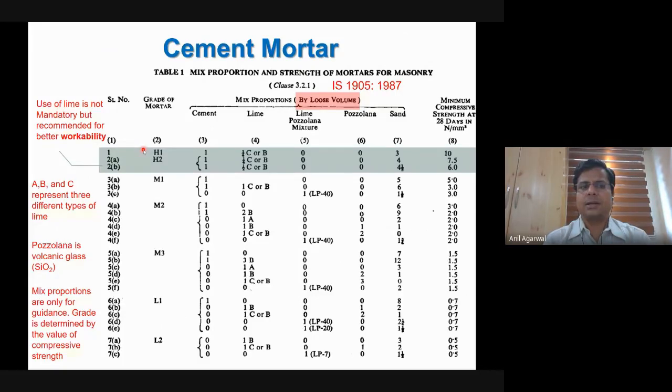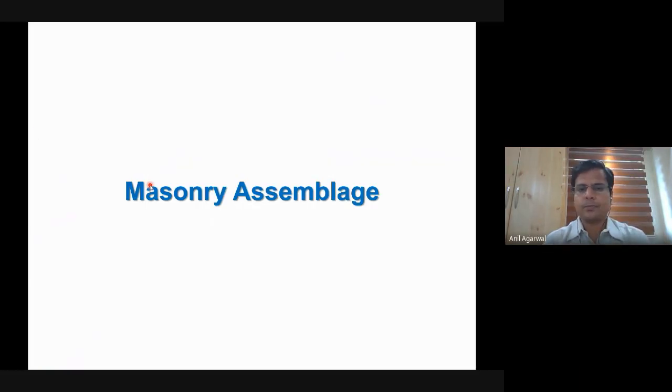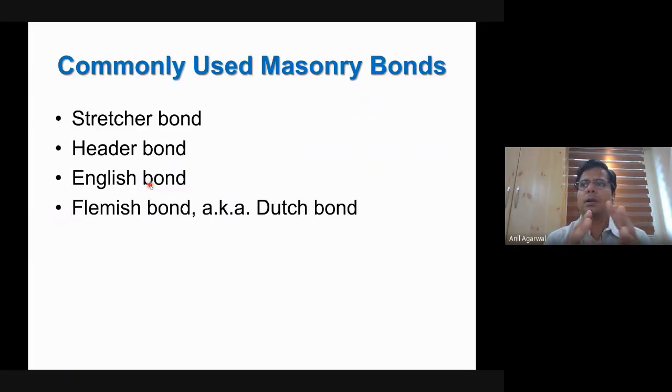So basically from this table, let's say you are making a building and you want to specify, so you will specify, go for an H1 or H2 type of mortar and this class brick, and that's how you build a wall. So now we have learned a little bit about how the bricks behave, what are the characteristics of bricks, and we have learned a little bit about what are the characteristics of mortar.